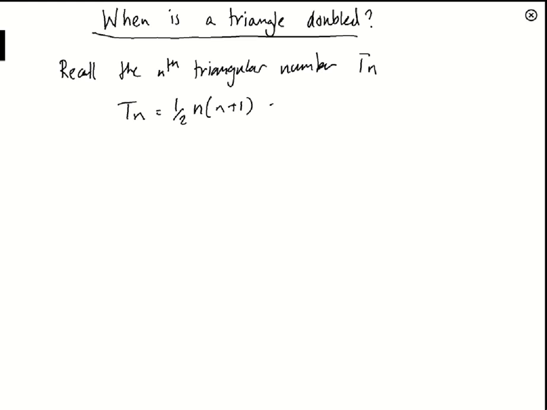Now we're looking for square triangles. So that's m squared is equal to Tn. More properly,